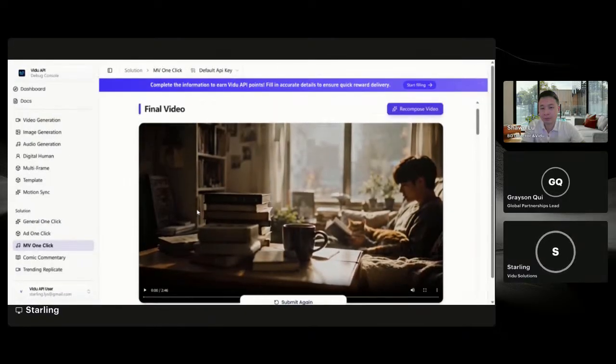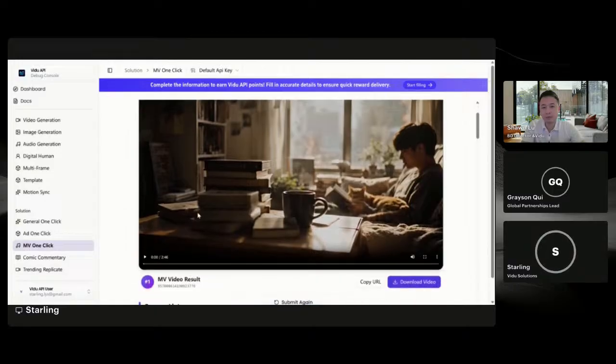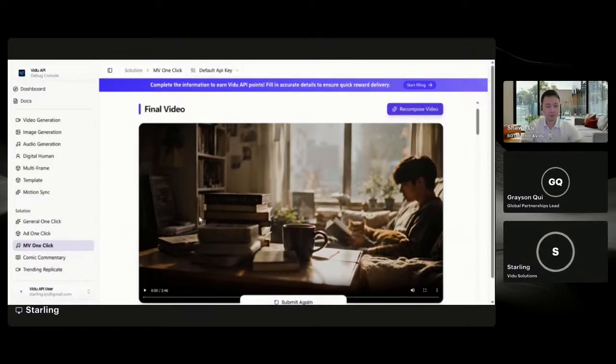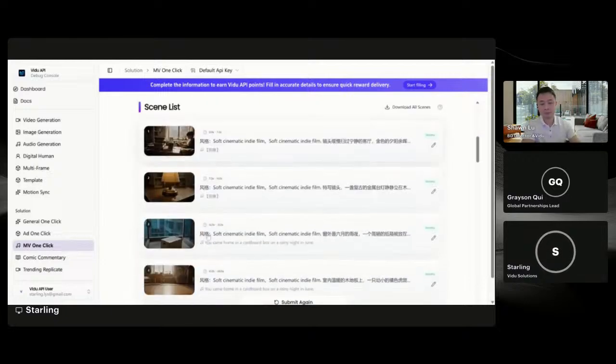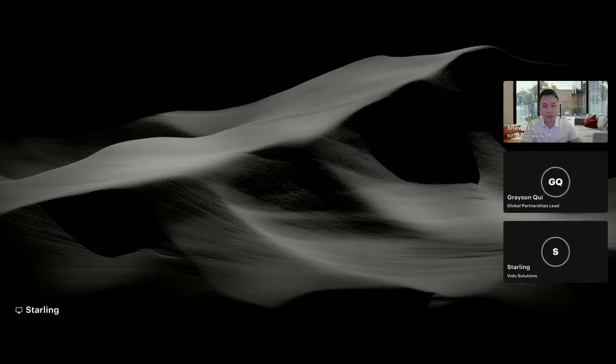So imagine you are a creator or a musician, and you want a really great MV output. You want consistency, style consistency and everything. You can use this one click, and also use this to edit each shot seamlessly, or any shot that you want. It makes sure you can have a reliable, good quality MV with the least effort. I hope this could inspire you guys with something. And that's the end of the MV showcase. See if you have any questions, and I will hand it back to Sean. Feel free to ask any question if you have some.